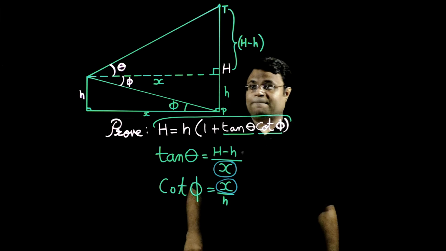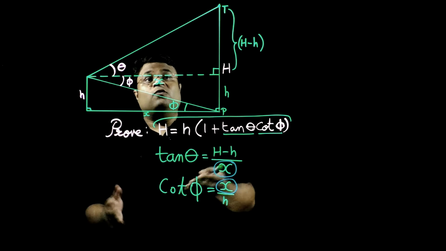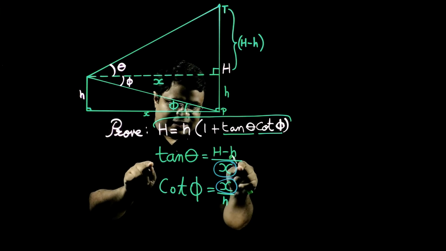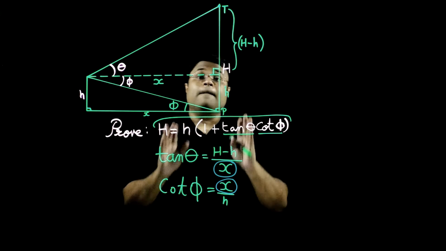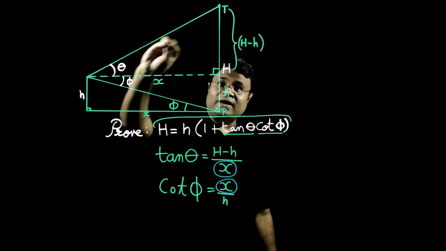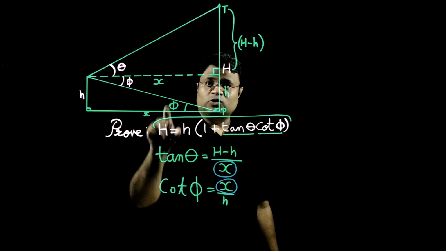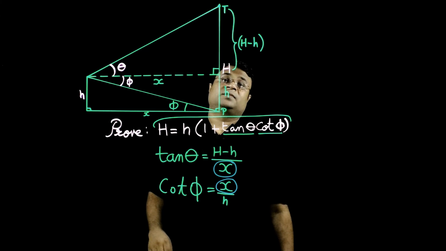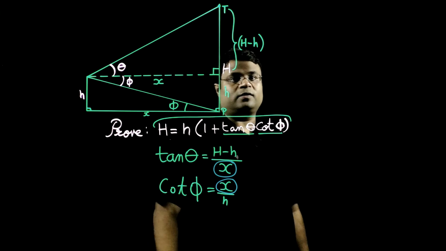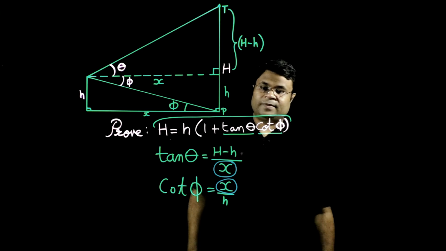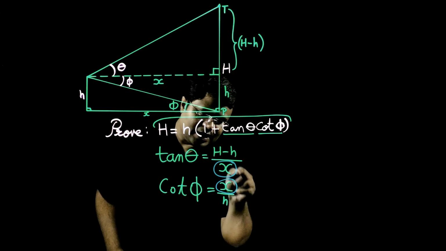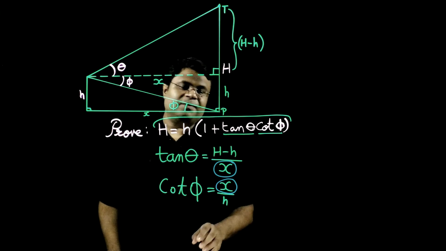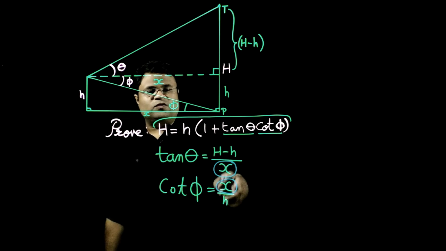Step number 3, name those sides which are needed to write these ratios correctly but are not given in the question, like I have named x. Step number 4, the final step, eliminate the unwanted elements, like x is not in this proof, so I will eliminate